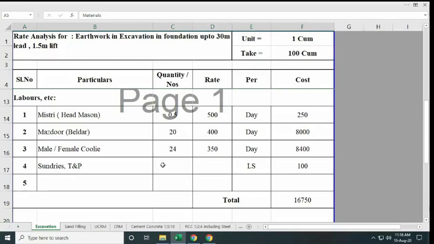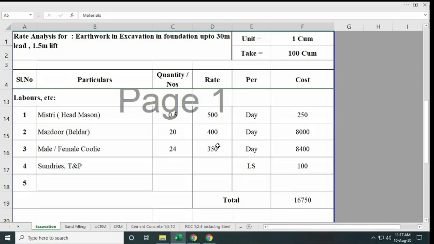Otherwise, as far as your exams are concerned, you have to remember these numbers and these rates. The rates will remain the same, so only these numbers you have to remember, so as to do the calculation. Right? In different textbooks they have given different things. I have taken all this data, these numbers, from the BS Datta textbook. Again, the rates in the textbook are very old, so I have taken the local rates which we are presently giving to the laborers in Bijapur.